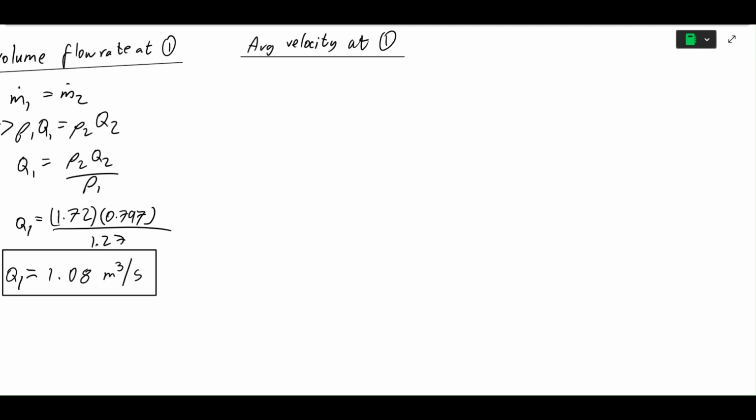Alright, and now that we have worked out all the other parameters at the inlet and the outlet, all we need to do is work out the average velocity flowing into the system at the inlet. So, simply put, the volume flow rate is equal to the average velocity multiplied by the area. So in this case, the area is pi on 4 d squared. You can write it as pi r squared, where you divide the diameter by 2, but we've already been given the diameter,